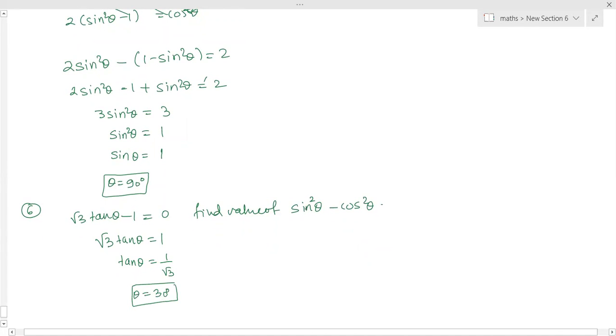Okay, 30. And then find the value of sine square theta and cos square theta. Sine square 30 minus cos square 30. Sine square 30 is 1 by 2 whole square, minus...